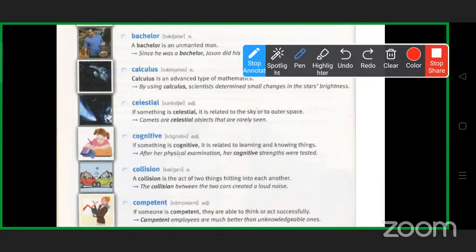So now the next word is bachelor. Bachelor was a noun. Obviously bachelor was a kind of category of a person. So the person is metaphorically called a bachelor. When we said that he is a bachelor, it's a metaphor we have used. We straightforwardly called him a bachelor. Obviously that would be another word for a person. So here you can see that he was a bachelor, so he did his shopping by himself.